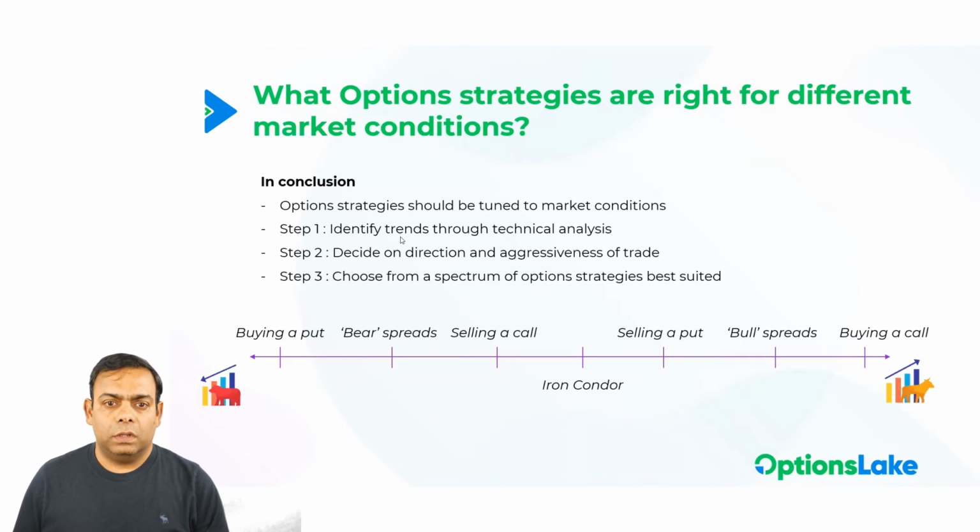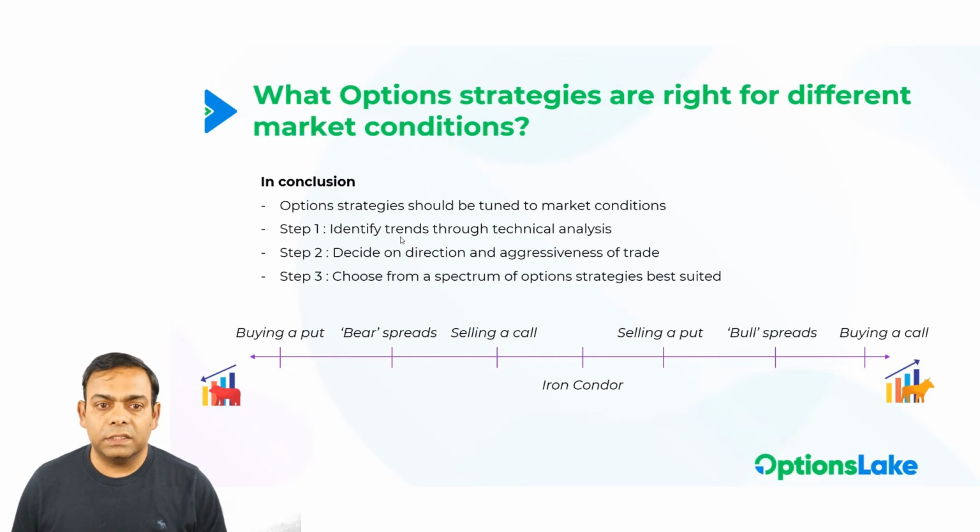So to conclude, option strategies need to be tuned to market conditions. So what are the steps involved from looking at the market to deciding on the option strategies? Number one, find the trend through technical analysis, which means identifying whether it's a bullish, bearish, or a neutral trending